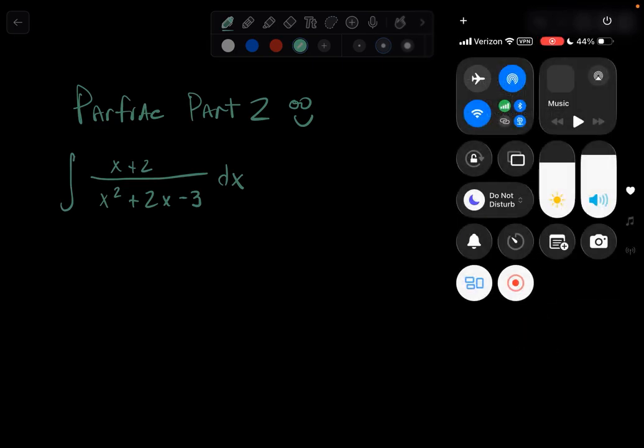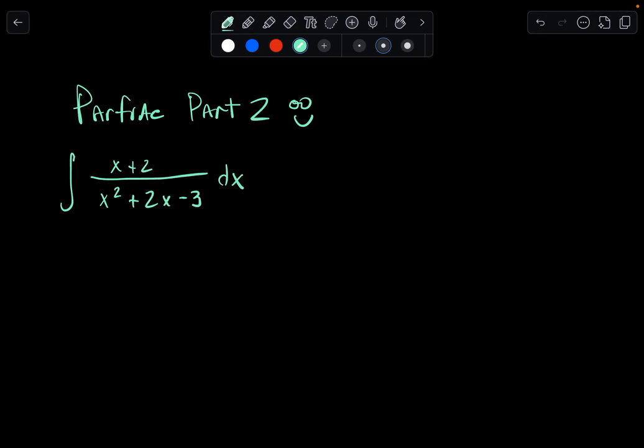I'm back with a little bit extra instruction on partial fractions, and I just wanted to do a couple more examples. The first one here is an example where you don't have to have a constant numerator, right? You don't have to have a constant numerator, and at first glance, you might want to try something like u substitution,